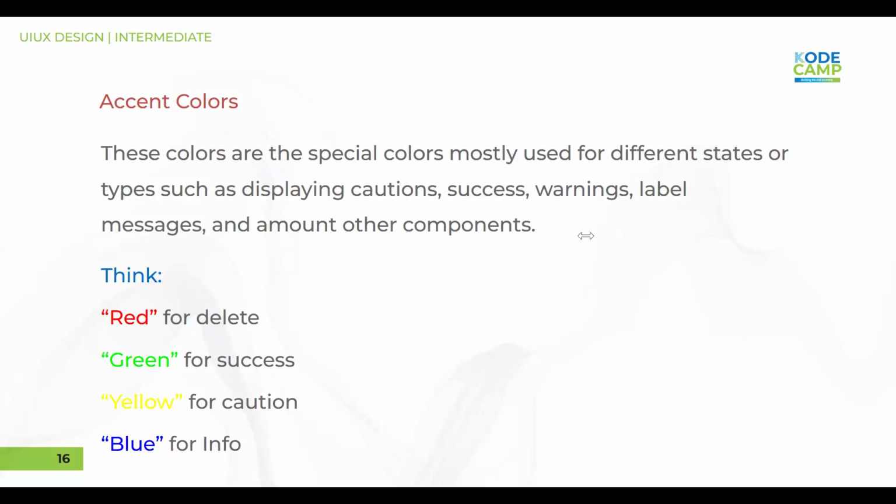Okay, so let's continue. We are on accent color. These are special colors mostly used for different states or types, such as cautions, success, warning, label messages, and other components. Anytime you see red color being used, it's majorly for delete. I've seen some platforms that use the primary color with a border, but that's basically not helpful when it comes to